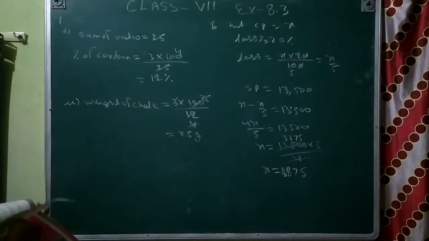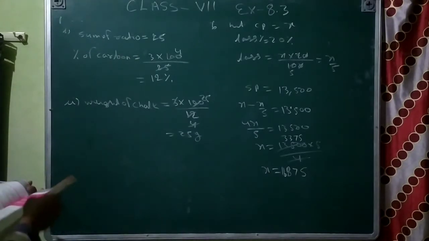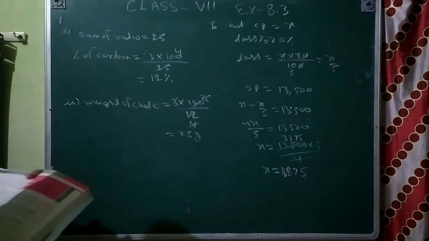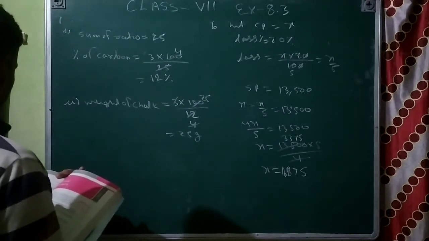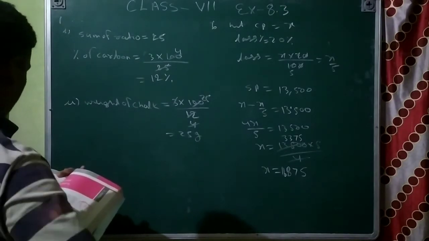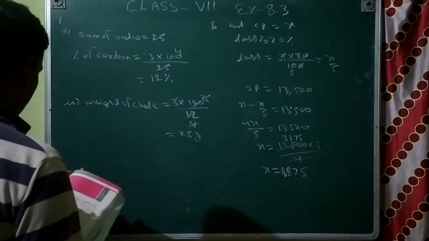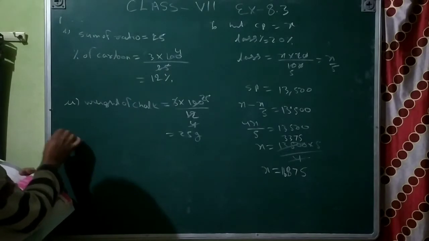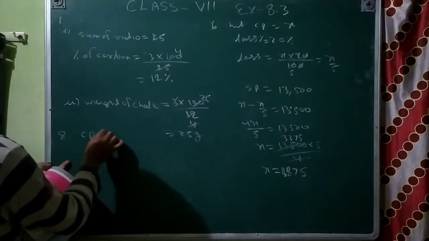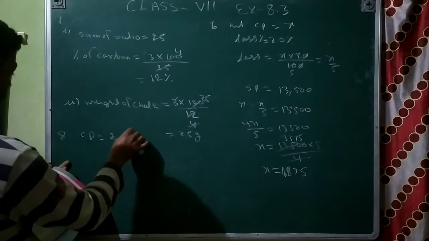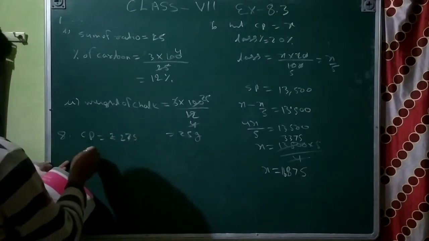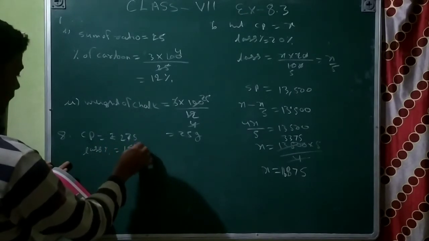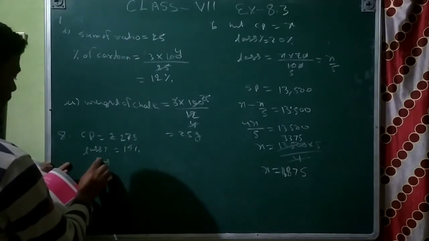And then question number 8, that is Amina bought an item for some rupees and then sold it for a loss of 15%. How much does she sell it for? So that 8th question, CP is equal to rupees 275, and then loss percent is equal to 15%. So loss is equal to